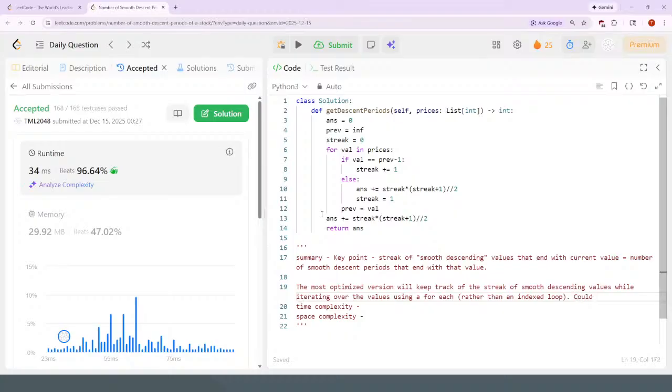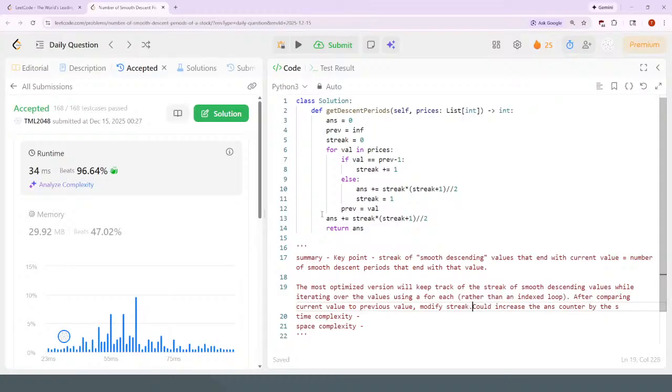After comparing the current value to the previous value,